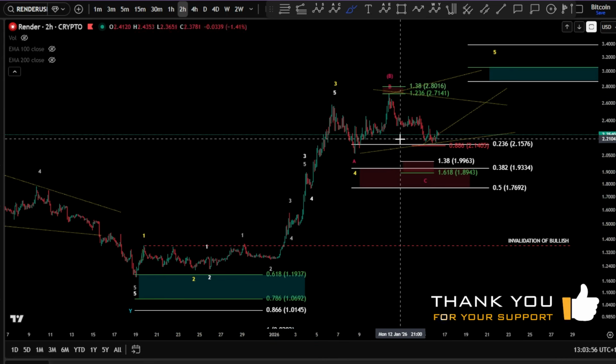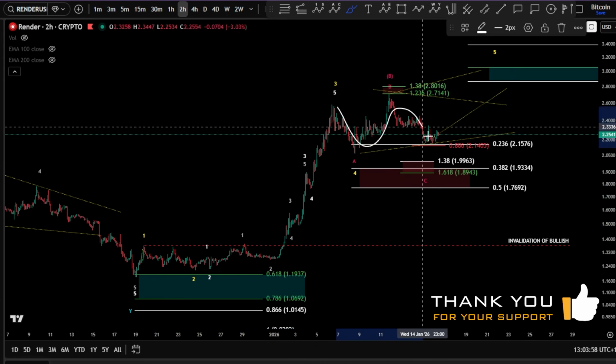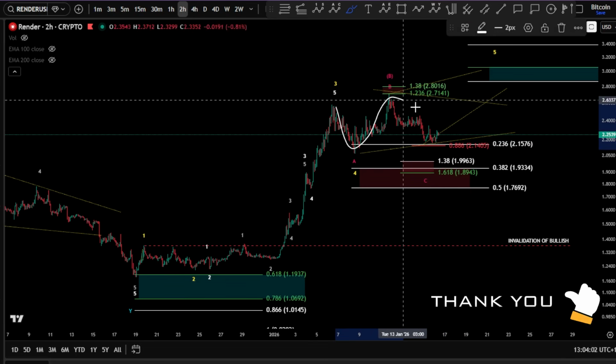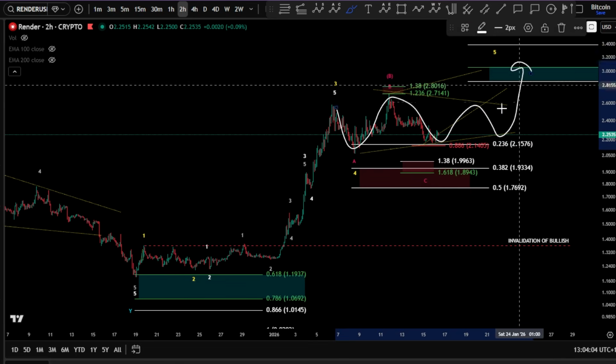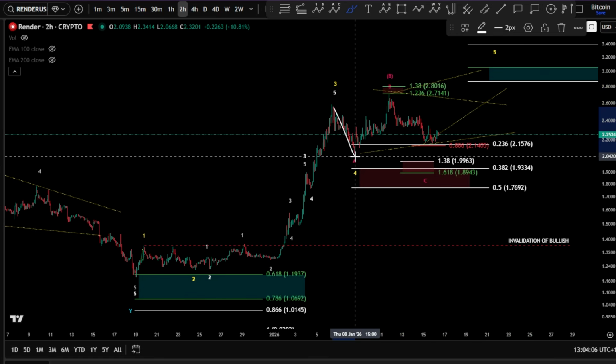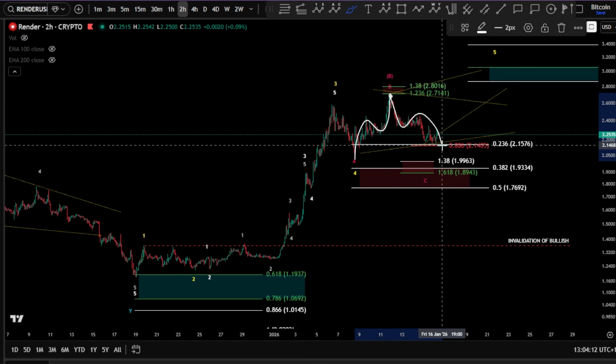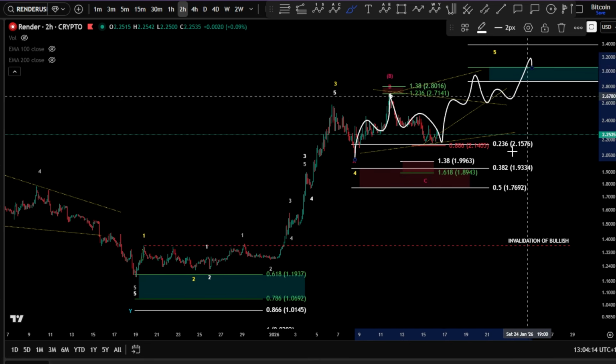Now, the wave 4 can be 2 possibilities. Whether we are in a triangle here, running triangle, since we took, of course, the wave B there, A, B, C, D, E, and we push for higher, or we are in a wave 4 finished, and we're looking at a zigzag wave 1 for an ending diagonal in wave 2, of course, wave 3, 4, and a 5 toward